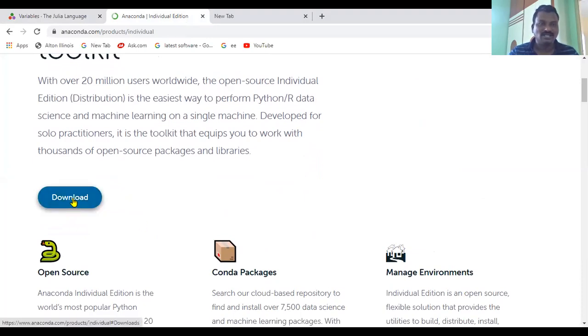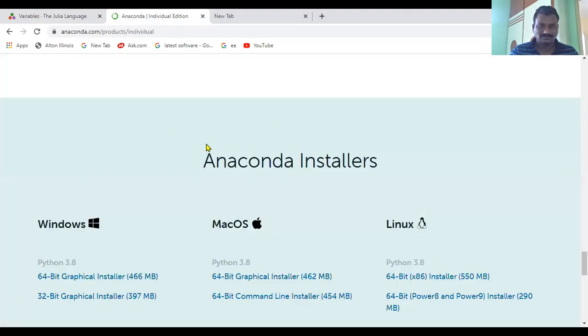It will ask for the location where it should download the Anaconda Navigator. After downloading is complete, the setup file appears like this: Anaconda 3, 2019, for Windows 10.